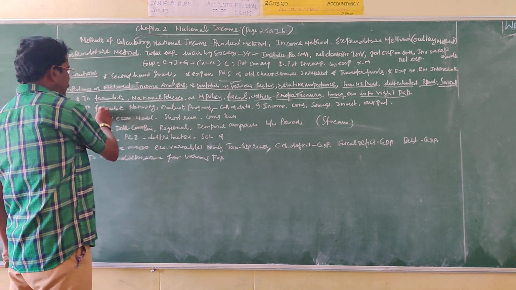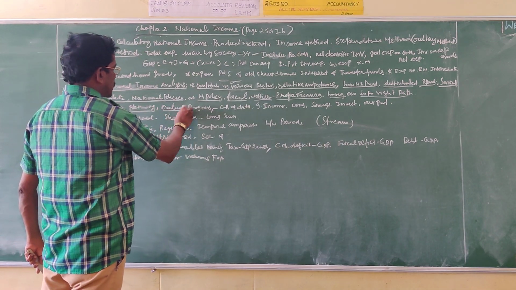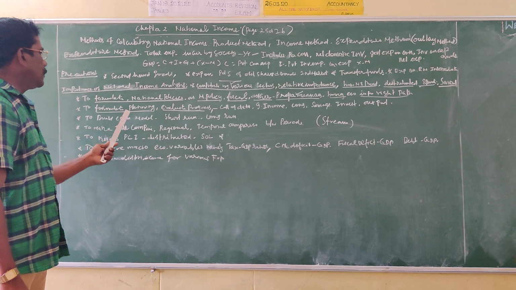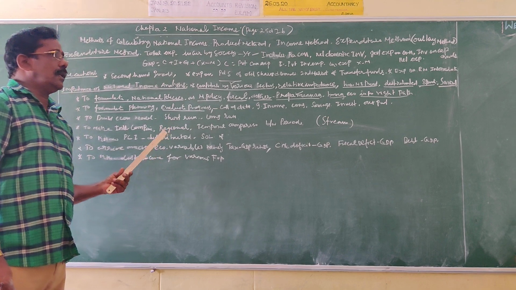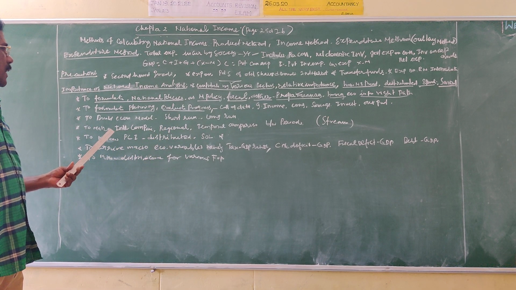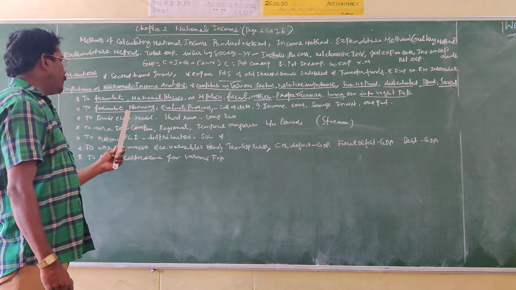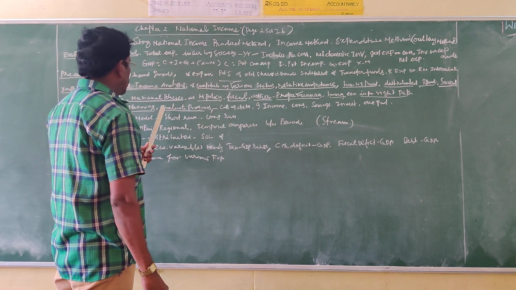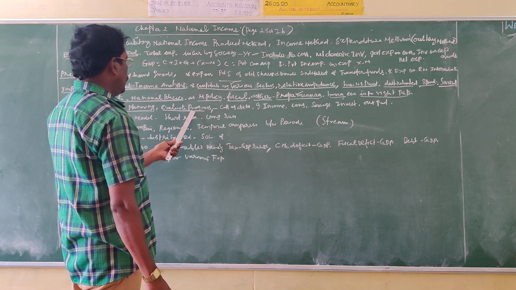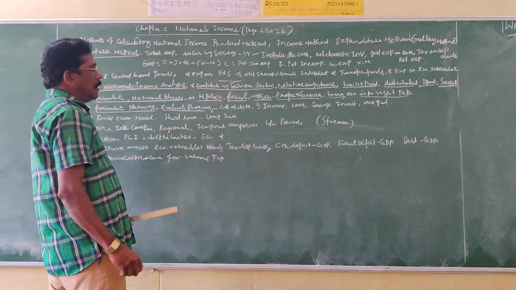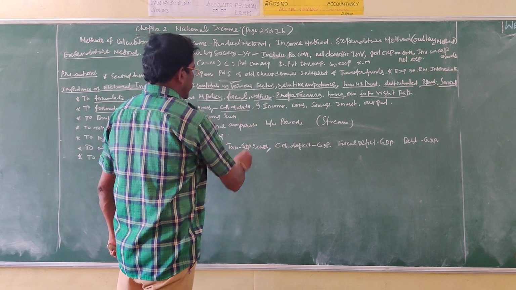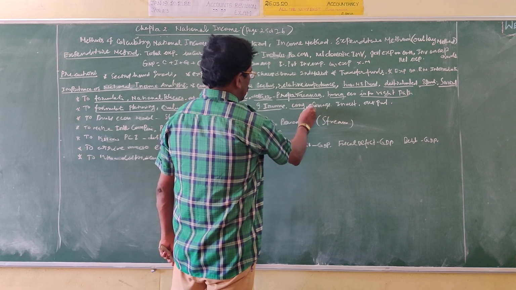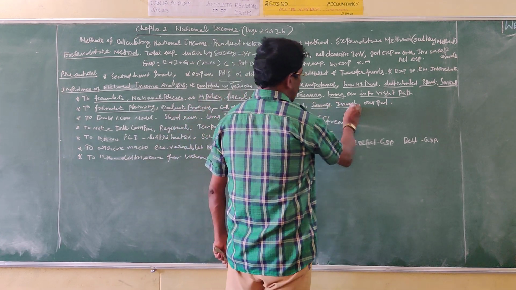Then, formulate the planning and evaluate the progress. As a developing country, India followed the 5-year plan initially, 1951 to 56 and so on, but now the 5-year plan has been discontinued by the government. However, we have to evaluate the progress of the nation between the periods or between the years, so there is a need for collection of data regarding gross income of the country, consumption, savings, investment and output.